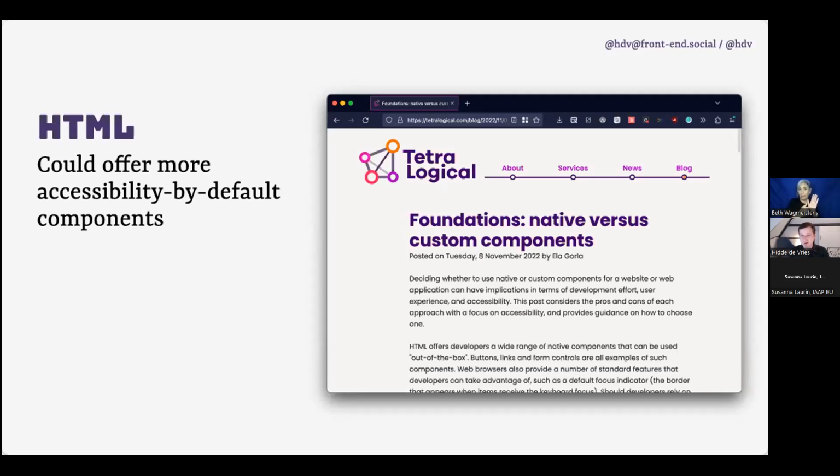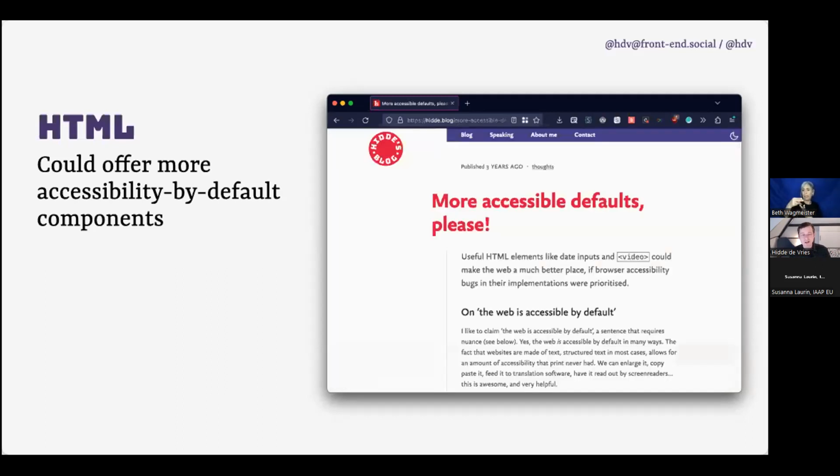It comes with an alt attribute allowing you to provide alternative text for an image. Video tag is another example. It lets you do captions, and it does them for you. Just supply the caption file and the browser will make sure the right caption shows at the right time. So that's stuff that's built into HTML. That's really helpful, although a lot of it has accessibility problems sometimes.